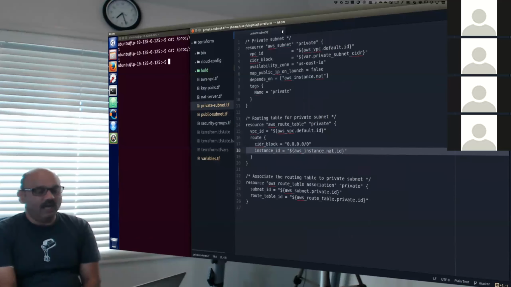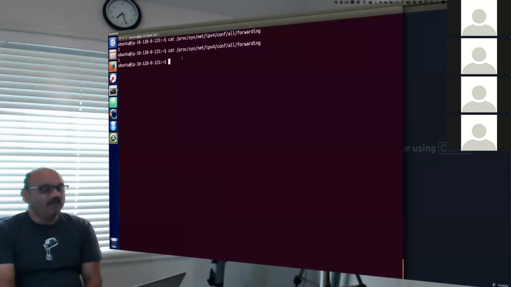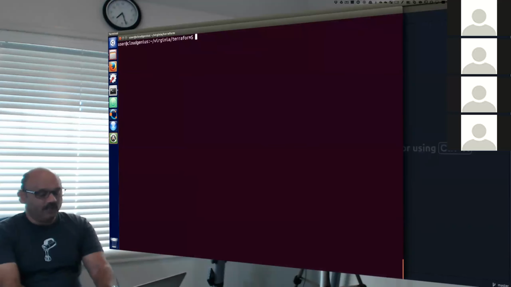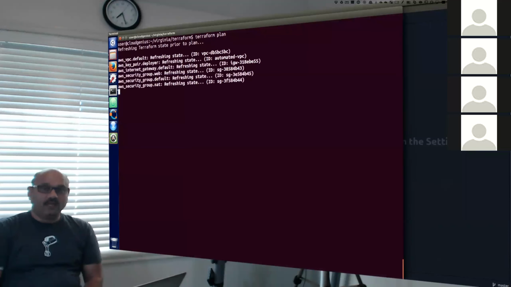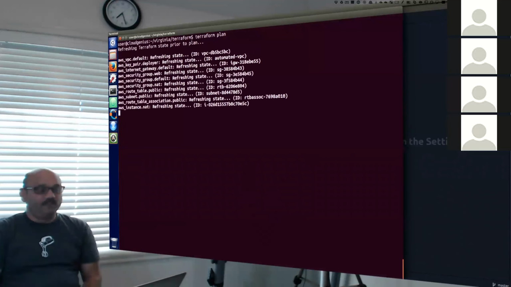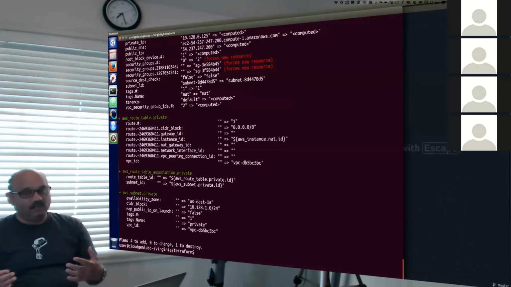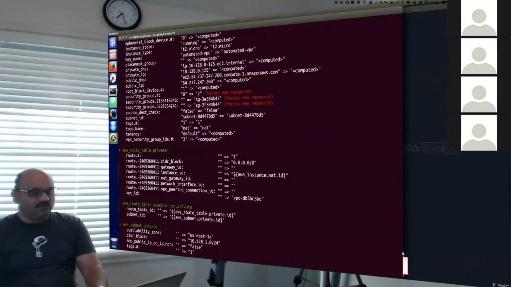And with that is this discussion. So now I will come out of that NAT machine, which I'm connected to right now, and say, Terraform, show me your plan. And it says, I'm going to create a new private subnet and also create a new route table for private subnet and make the association, and also connect the route to the internet through the NAT device. So it has basically told us that it will do these 4 things.